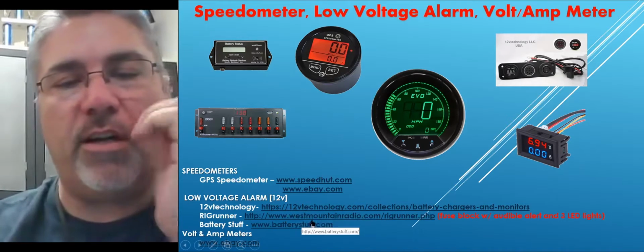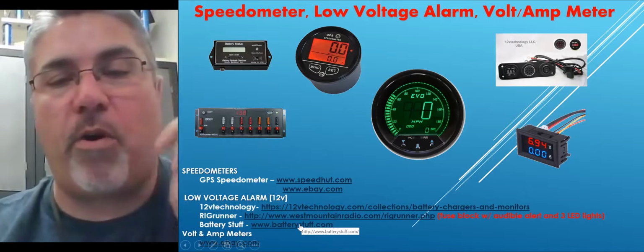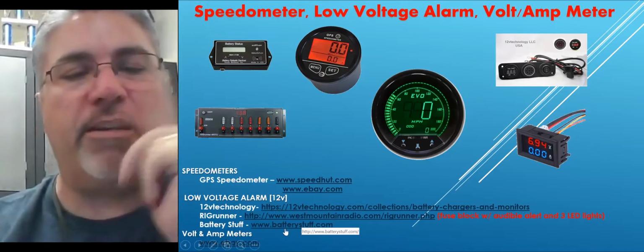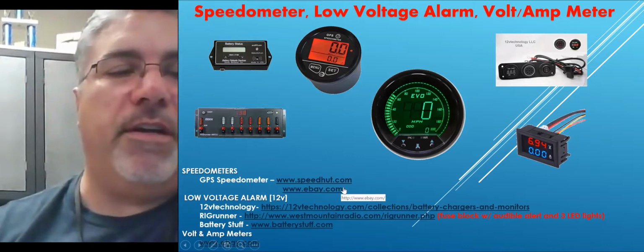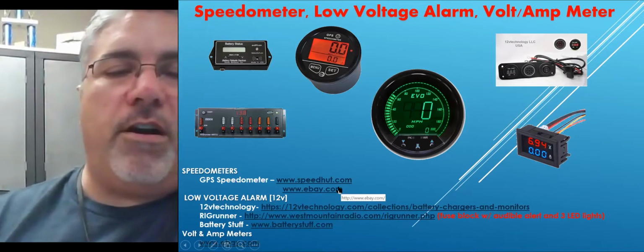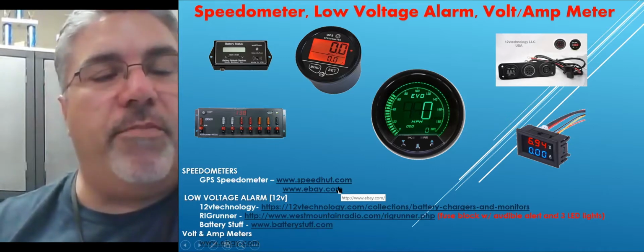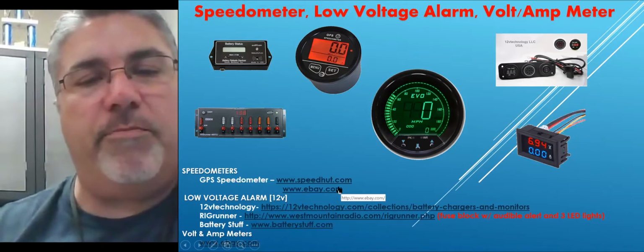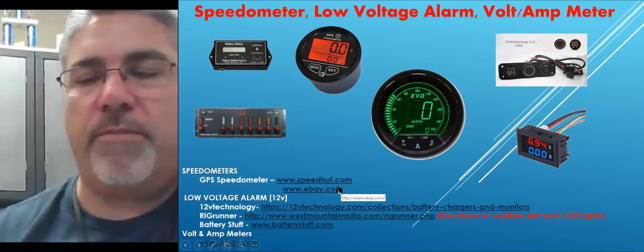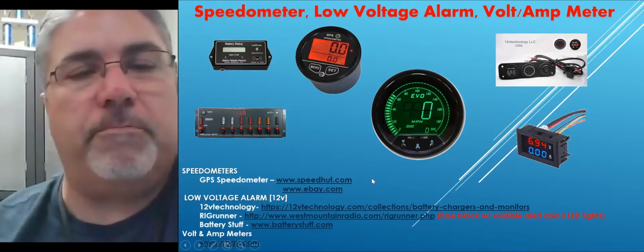You can find your fuse distribution boxes at Rig Runner and at PowerWorks. And then batterystuff.com has a lot of great stuff. Volt and amp meters. There are a number of places you can get digital ones or analog, and you can get them on eBay if you buy them in advance. You can get them fairly cheap to monitor that in the car. And some of you probably have found stuff that I haven't found yet. So